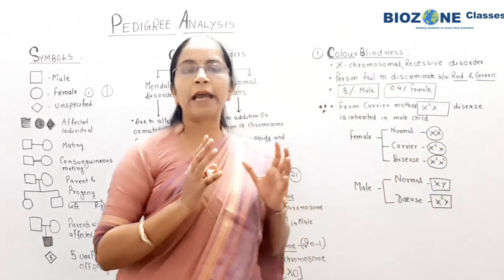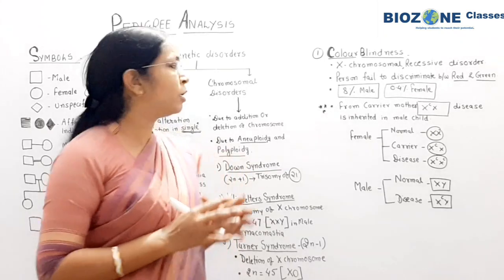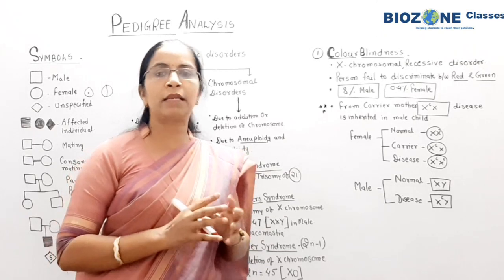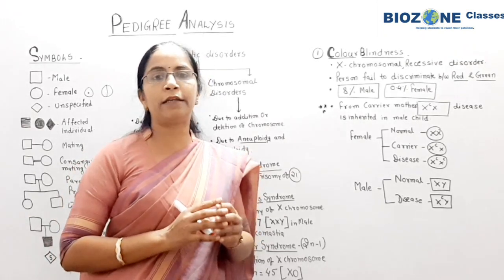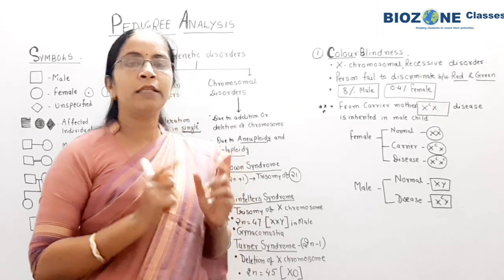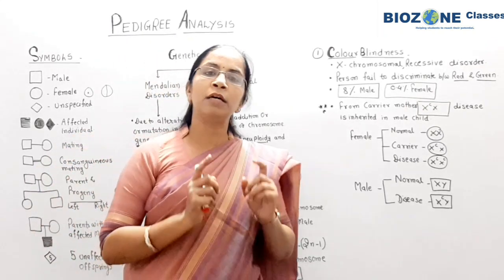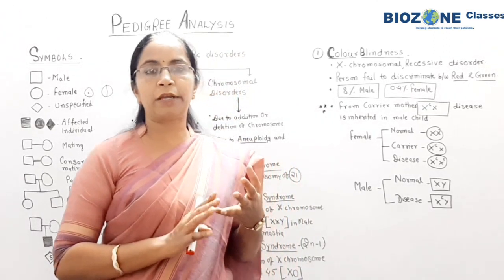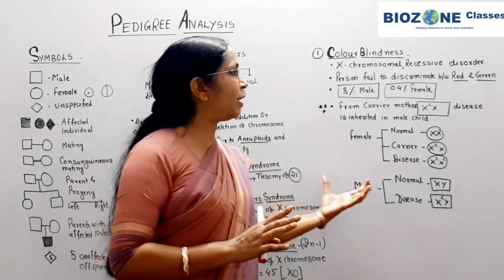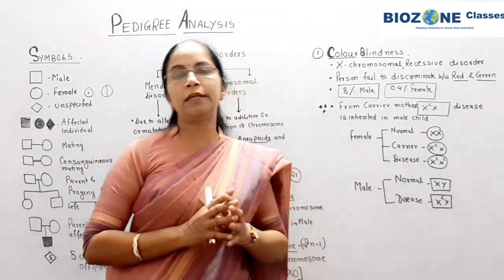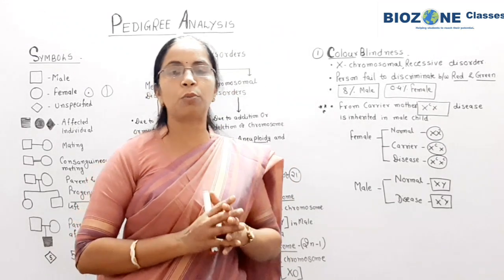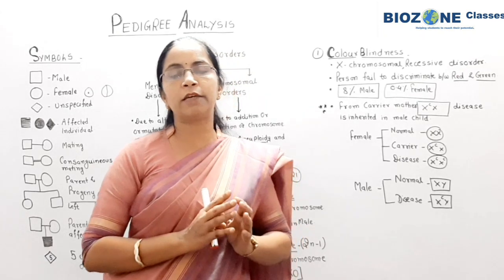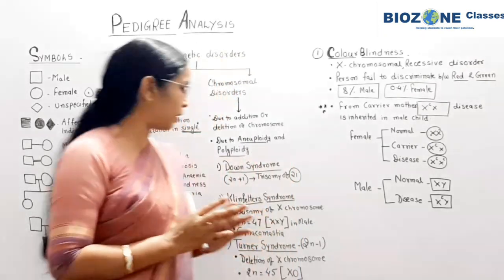In your syllabus, the X-linked inheritance is only provided. So that's why we mainly study the X chromosomal inheritance, the X-linked inheritance. And in X-linked inheritance, mainly we study the X-linked recessive inheritance. So color blindness and hemophilia, which you will predominantly study, remember that color blindness and hemophilia are predominantly associated with the X chromosome as well as recessive inheritance, the recessive diseases or disorders. Remember this, clear?